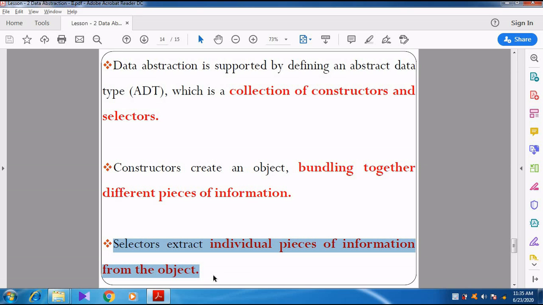Whereas selector is used to extract the individual information from the object: get name of city, get latitude of city, get longitude of city. So constructor is used to create an object and store all the information together, whereas selector is used to retrieve the information from the object.